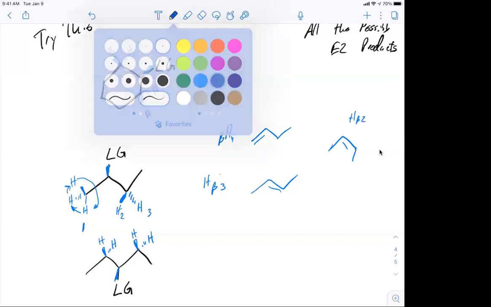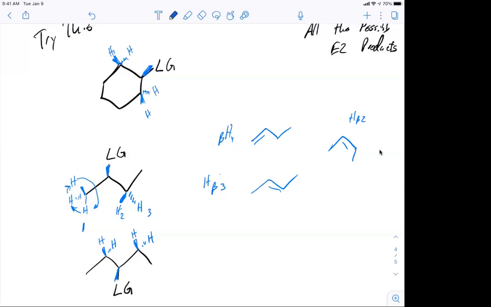Okay, so for consideration of time, let's look at the first one. Okay, so if we eliminate to the top, right, I could get that. And if we eliminate down to this other set of beta hydrogens, right, we have beta hydrogens here, beta hydrogens here. If we eliminate up, we get this. If we eliminate down, we get this, right? But those two molecules are the same molecule, right? These would both be just cyclohexene,